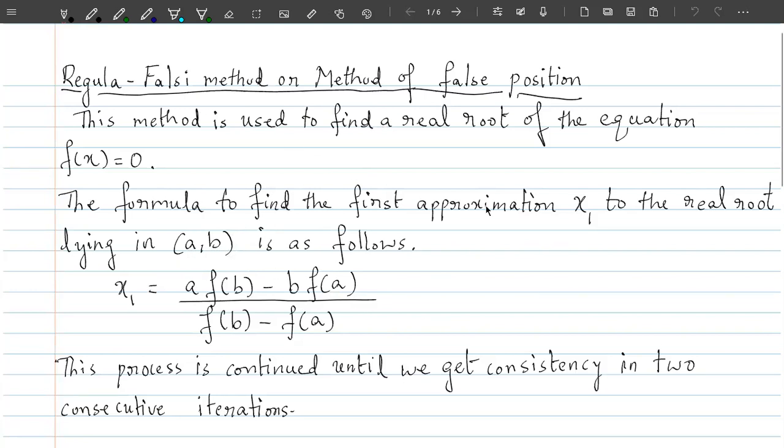Now in the case of the regula falsi method, first we calculate one initial interval (a, b), and from that initial interval we frame one more interval (a, b), and using that we calculate the value of the first approximation x1. After finding x1, for finding the next iteration value, which is x2, we take one more interval (a, b) and we get the value of x2, and so on. We continue the procedure until we get the values of two consecutive iterations as the same.